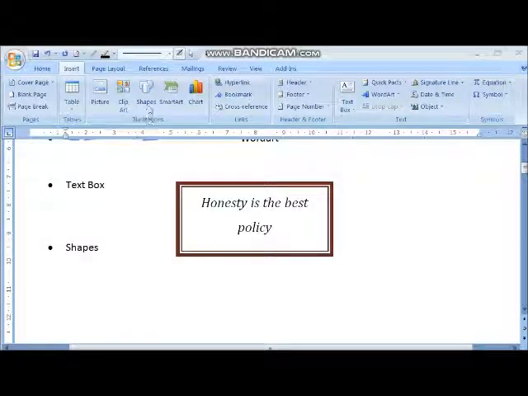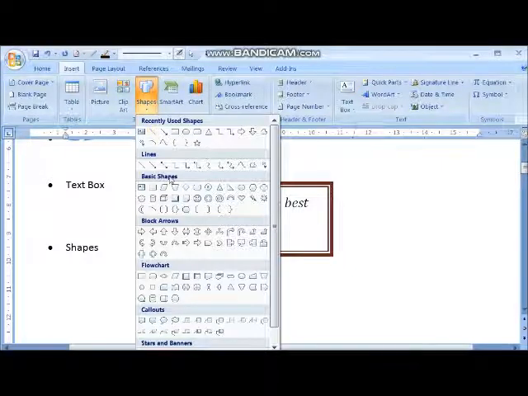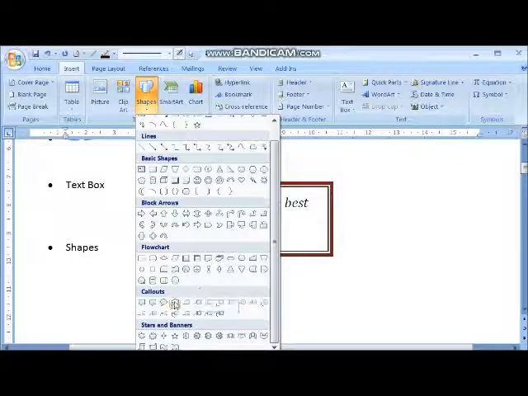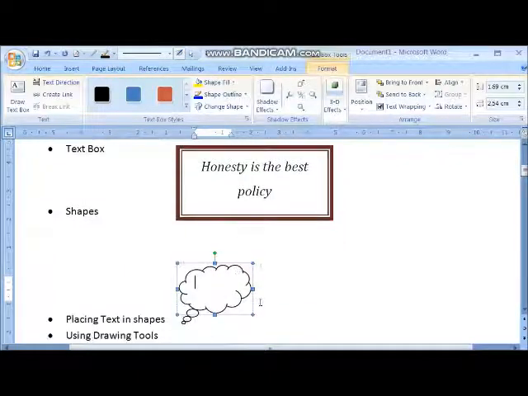So clicking on these shapes, you can insert different shapes. Different shapes are available. Okay, like I am going to insert this call out.